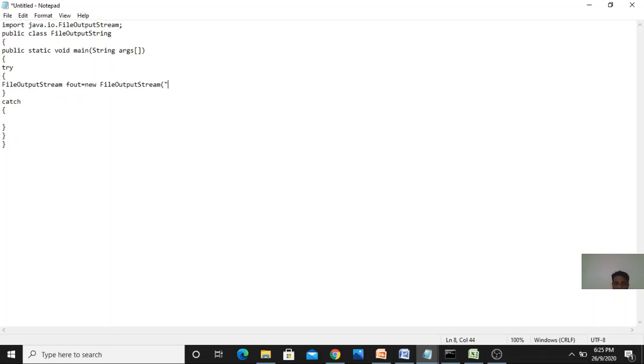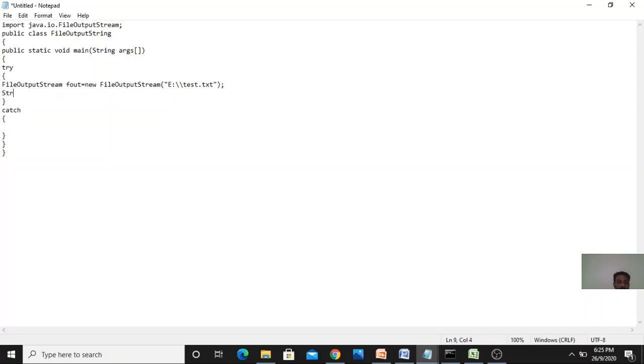I will pass the file, that is test.txt. I want to write the string into this file, test.txt, which is available in the E drive. So just pass the file name to the FileOutputStream constructor.